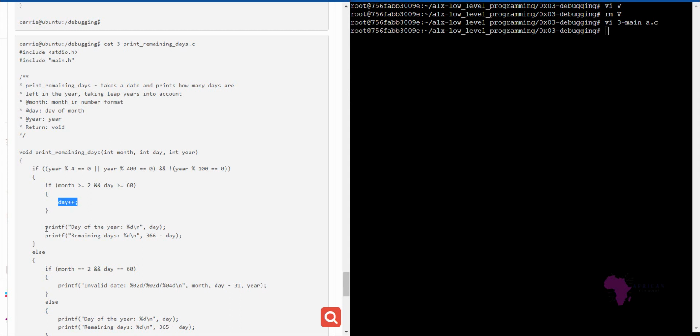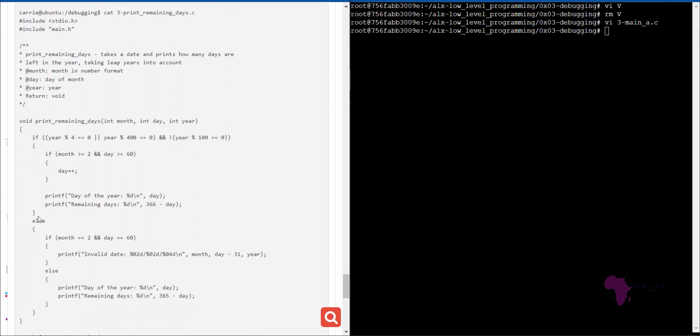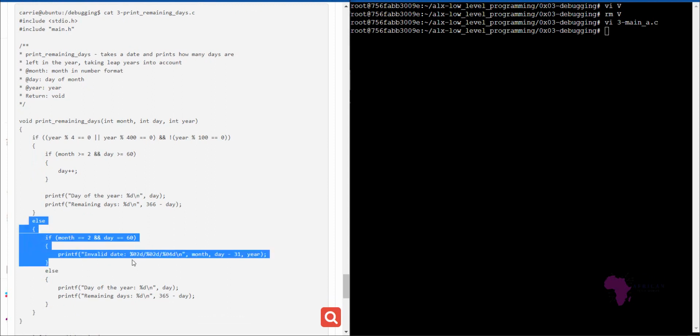It will adjust it, and then after that it will print the day of the year that it has encountered and the remaining number of days for that specific year. And then now the next thing is the else statement. So if it is not a leap year, what happens? That is what it is telling us. If it is not a leap year, then it will print the day of the year, that specific day of the year, and the remaining days of the year without any adjustment to it,